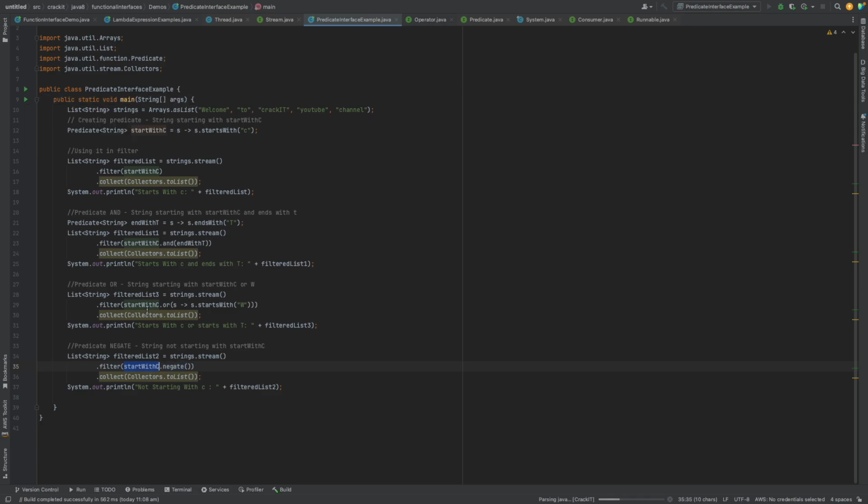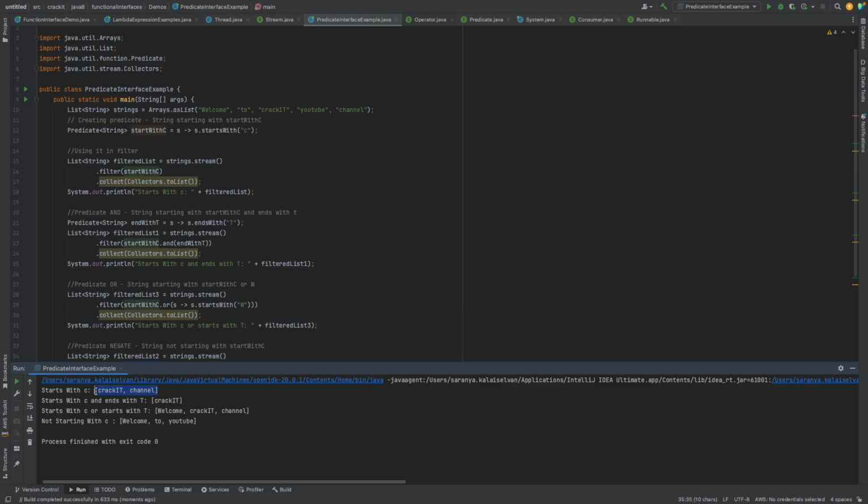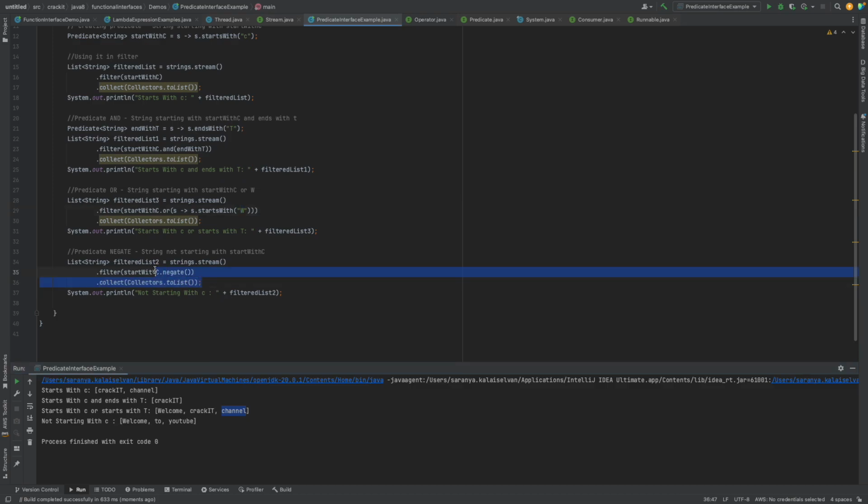Let's run and see what happens. So if we see here, our first will print the elements that are starting with C, and our second will print the elements that are starting with C and ending with T. That is only one, that is bracket. And if you see here, this will print the elements starting with C or starting with W. So it will print welcome, bracket and channel. If we see this example, this one will negate C, which means it will print all the elements that are not starting with C, and those are welcome to